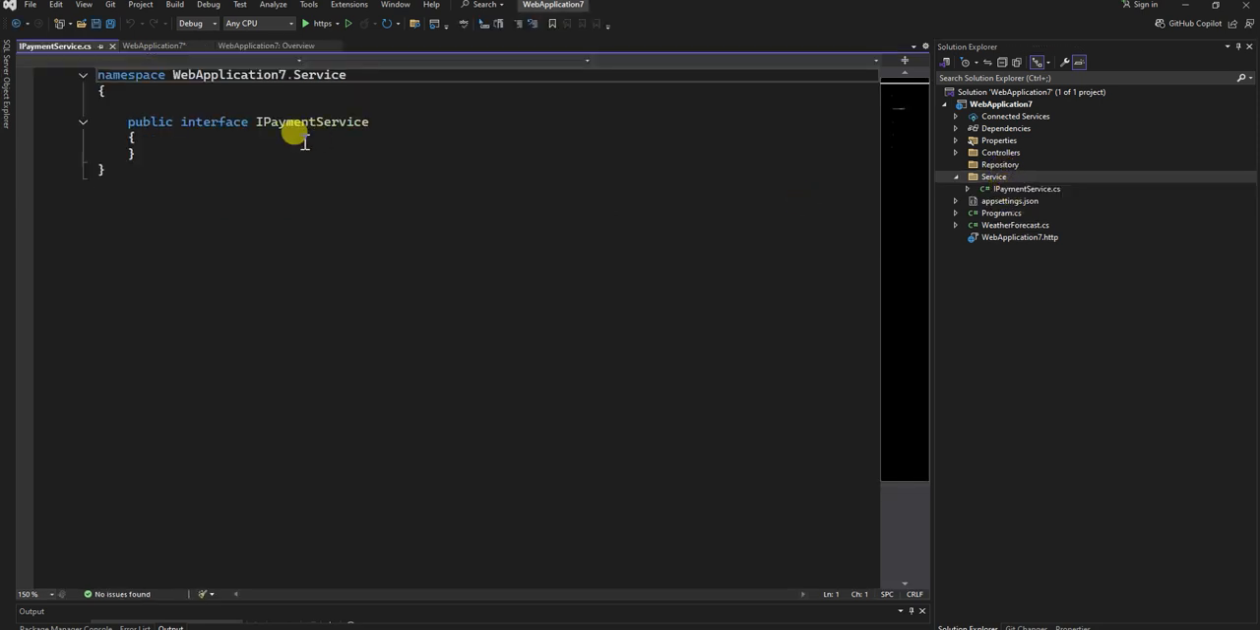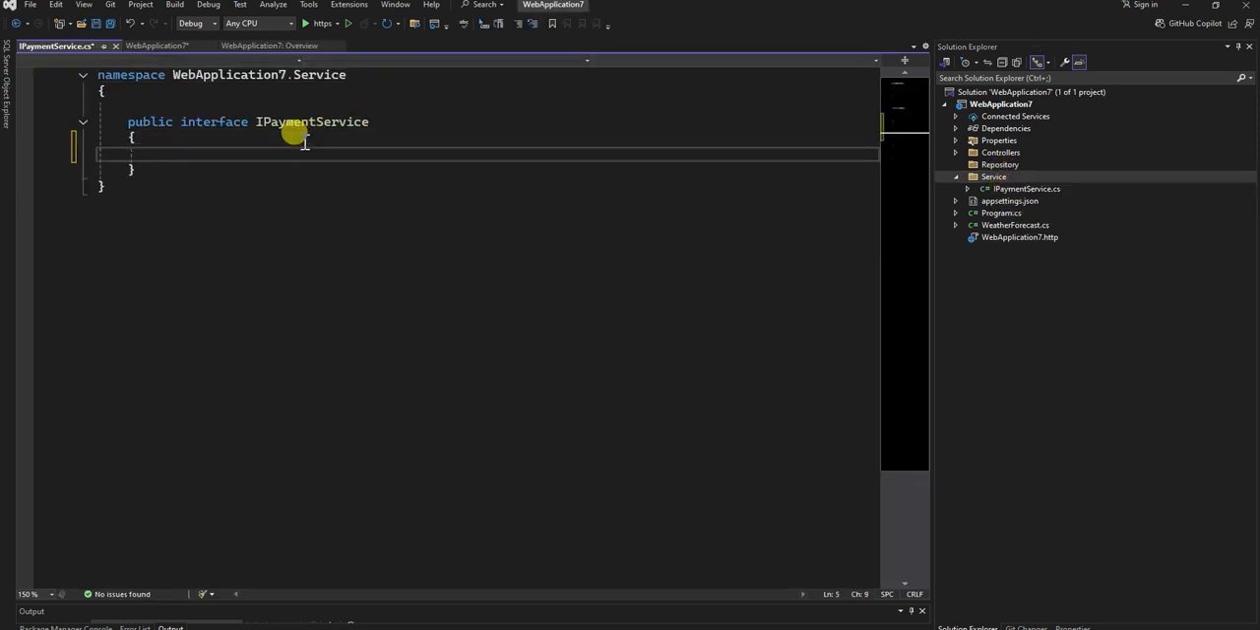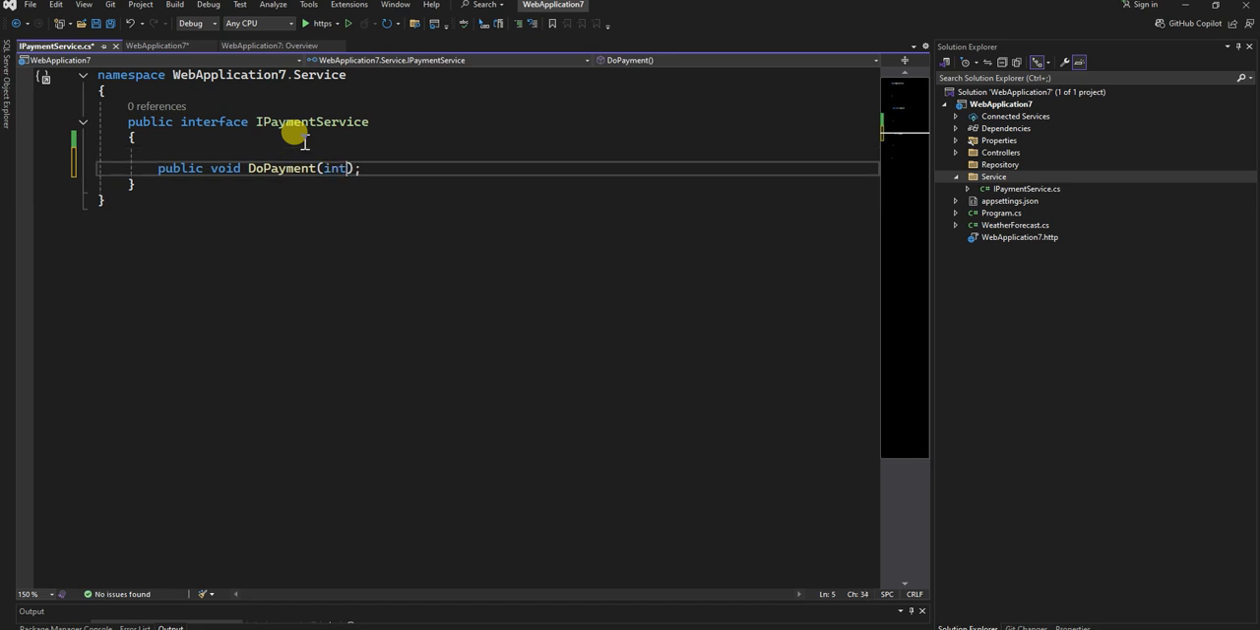So the interface has been created, you can see, and we'll add the method later here. Let me add it right away. Public void DoPayment method, I will add it in the service layer. This will take one integer amount parameter for the payment,